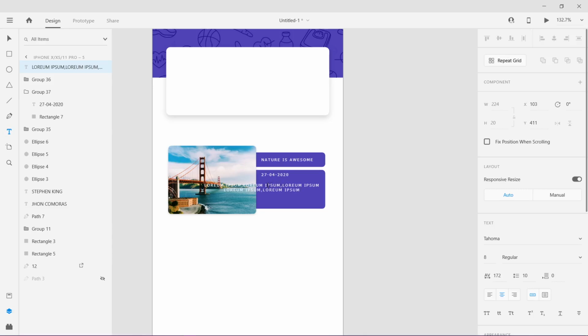This is kind of a blank, and if you want to put any placeholders you can use it. I'll be using a little small